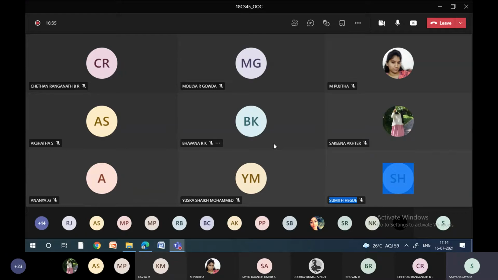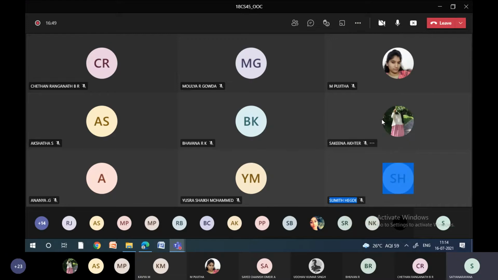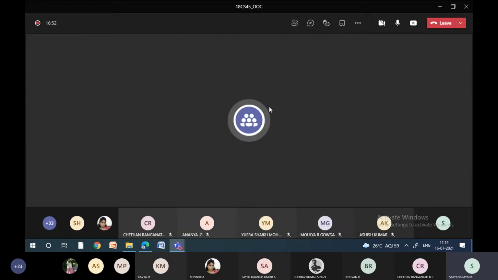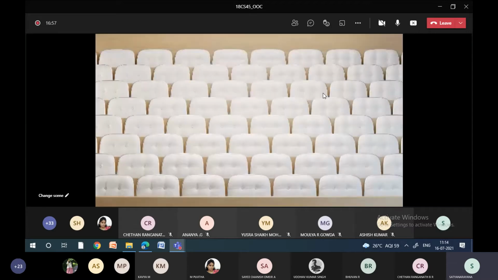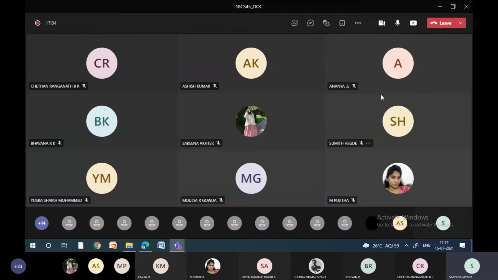See what is happening here. A container is not aligned just like that. You can see here all the students' names are coming in a 3 by 3 row and column matrix. How is it coming? This is called a layout manager. Suppose I have one more layout, say for example together mode. So the first layout is a 3 by 3 row and column matrix, and this is another layout. Like this, whenever you want to place various components in the container, you should follow some layout manager.